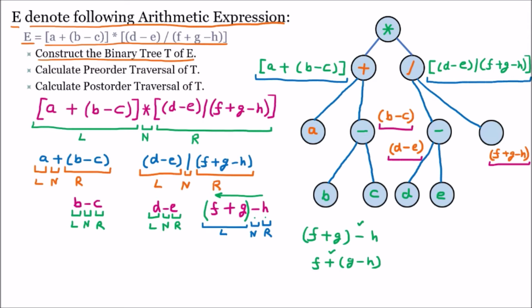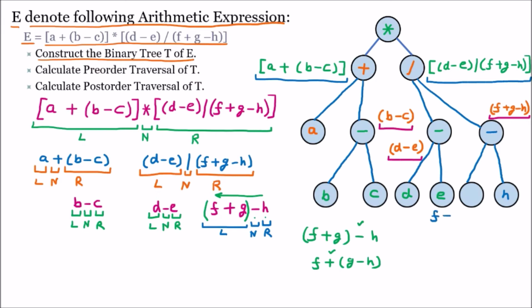So this is how we can construct two more nodes here. Now we have added the two nodes, and in the node we have the minus. So minus is the parent. Then on the right hand side we have only a single h, so h is placed. On the right hand side we have placed the h, but on the left hand side there is an expression. So here on the left hand side we have the expression, which is